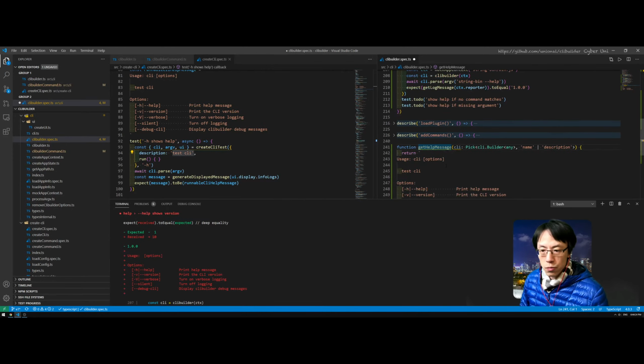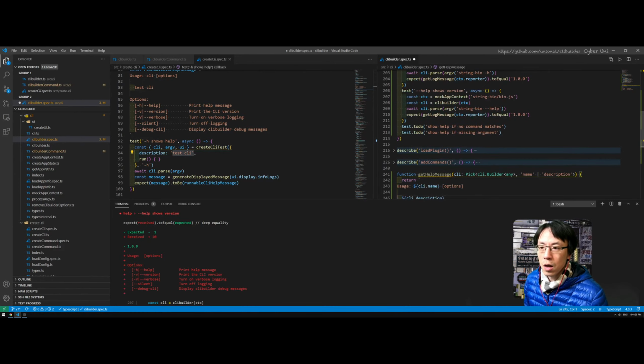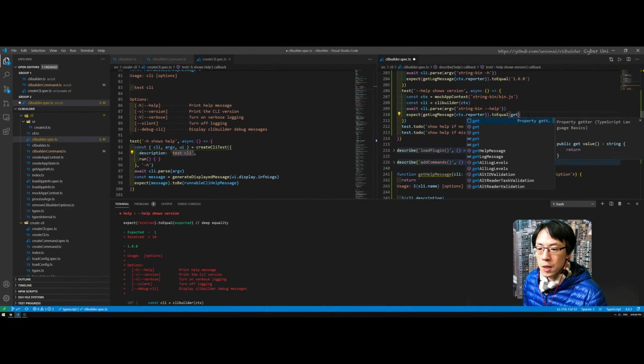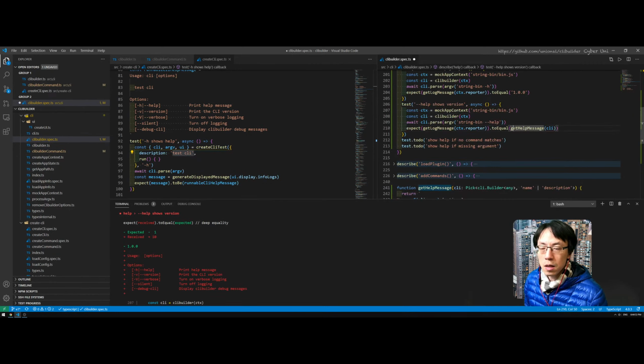Right, that's all I need. So over here, this is the CLI.name, and here is the CLI description. Okay, so with that, get help message CLI,